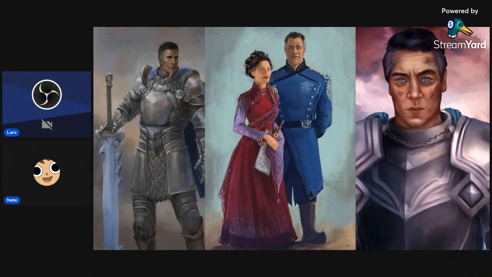Mm-hmm. Yeah, I 100% agree. And I just want to bring up, when I look at all these images, again, when you read the books, you can appreciate each one of these. From the military Dalinar to the left, like when you read the first book, Dalinar the warrior, holy cow, this guy is imposing. He looks so cool in his armor. His sword, Oathbringer, can just slice through tons of people. He's so dang cool. And even though he's described in the book as very rough and mashed, the way that he holds himself, the way that he speaks, he's so confident that he just sounds like a super handsome guy.